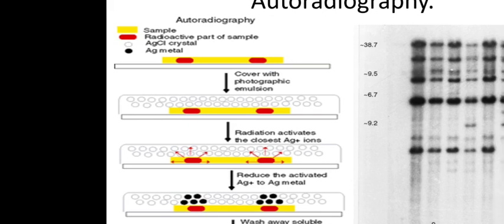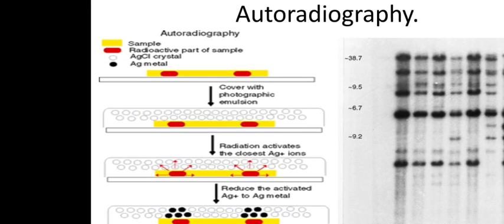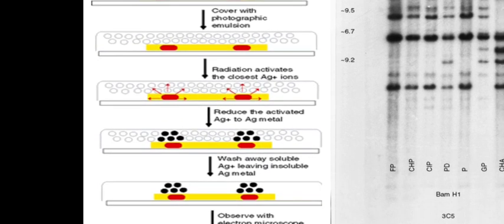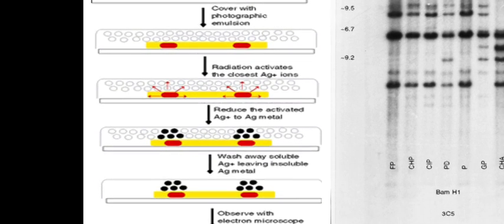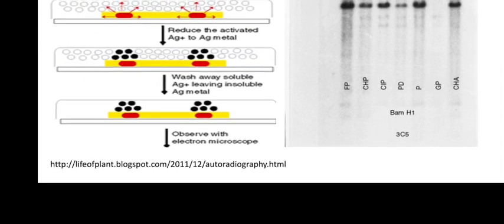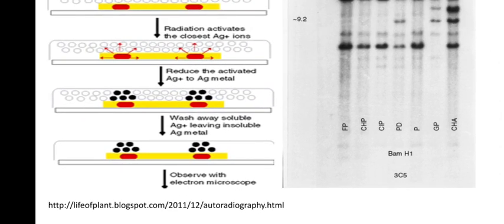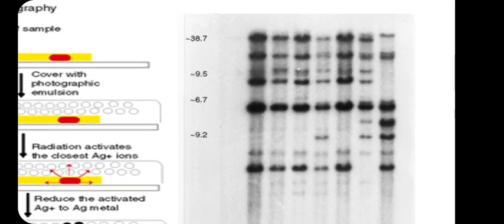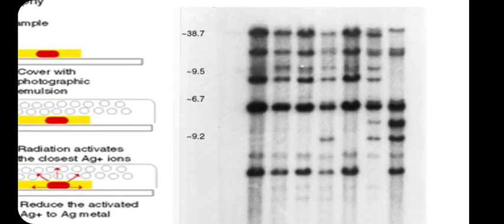So this is what is actually happening. You have the radioactive element, then you cover it with the emulsion. The decay takes place in the next step. Wherever there is decay, the reduction takes place, and then silver atoms are formed, which appear black in color. When you develop it, all those areas wherever there is the element of interest are going to become black,